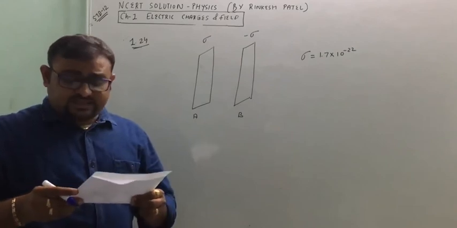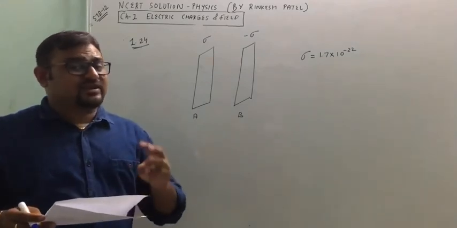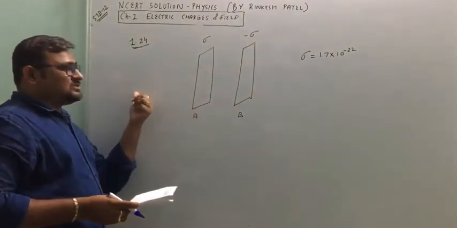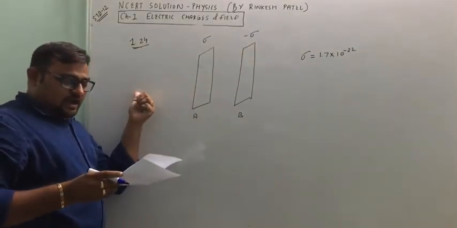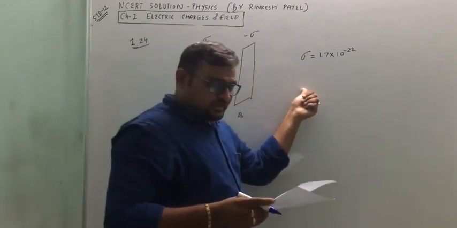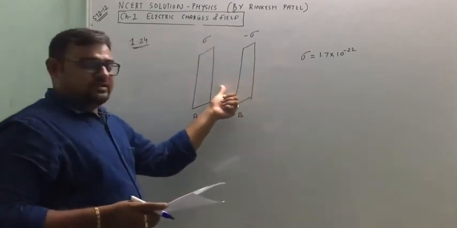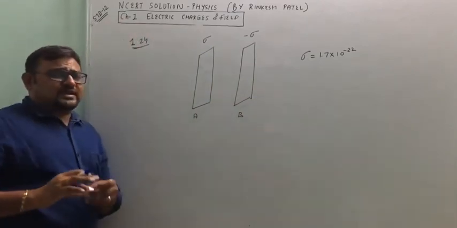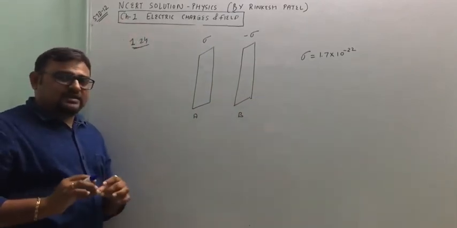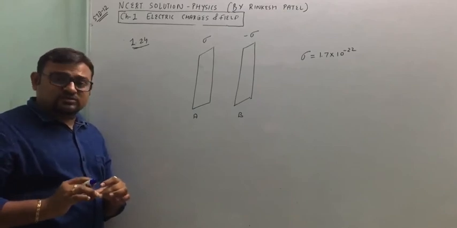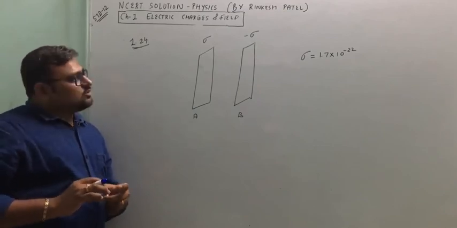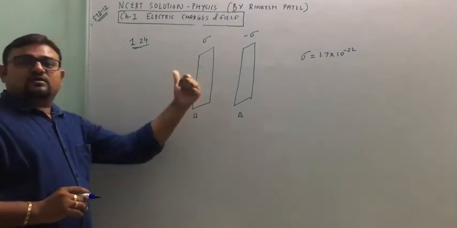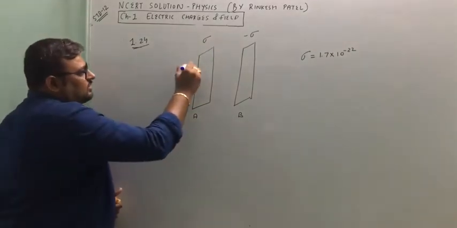What is E? Now you have to find out the electric field at 3 different locations. One in the outer region of the first plate, on this side. Second in the outer region of the second plate, on this side. And third between the plates, here. Now, what is the direction of the electric field? The electric field is away from positive charge and towards negative charge. Now this is positive charge, so the electric field direction will be away. This will be EA.